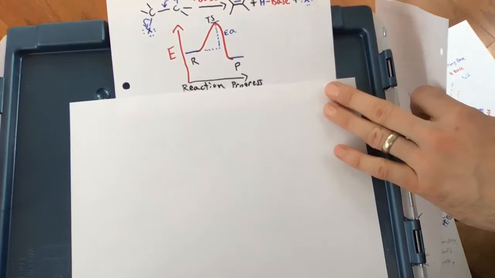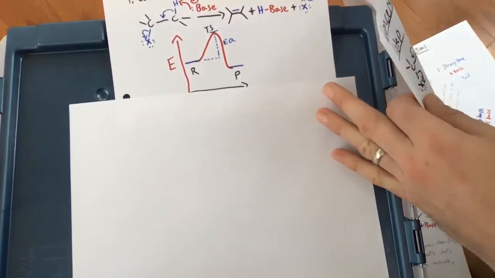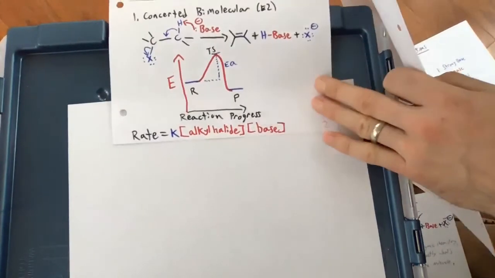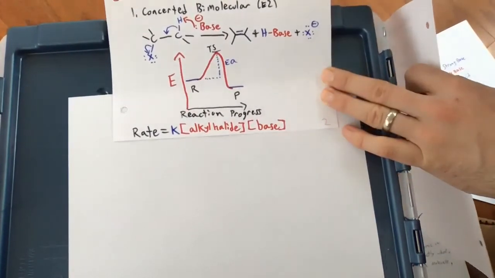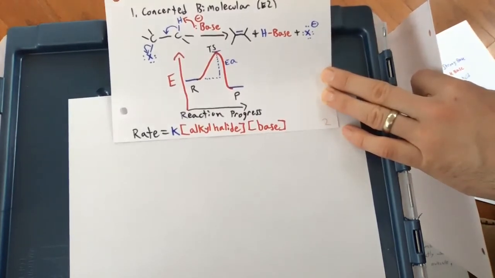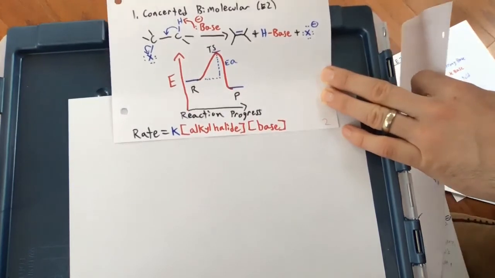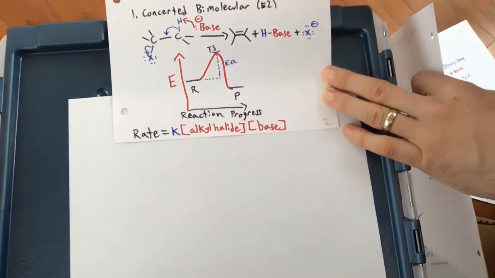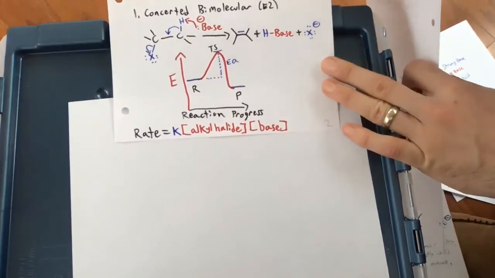Because it's one step, that one step is the slowest step in our reaction. And so the rate law looks like this, where the rate is equal to the rate constant times the concentration of alkyl halide times the base. And this is really key because this shows you why we call this E2. I know the naming can get kind of confusing between SN1, SN2, E2, and E1, but what you need to